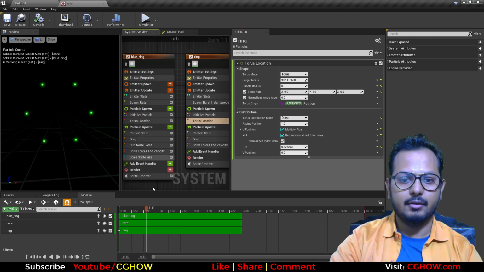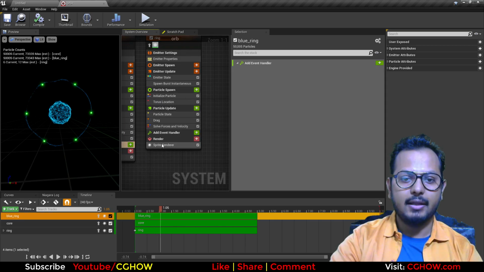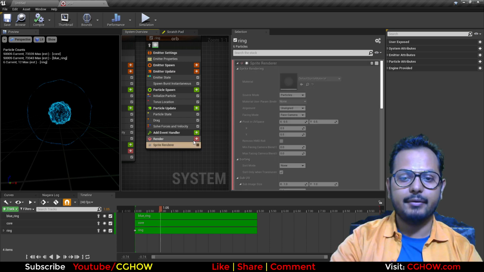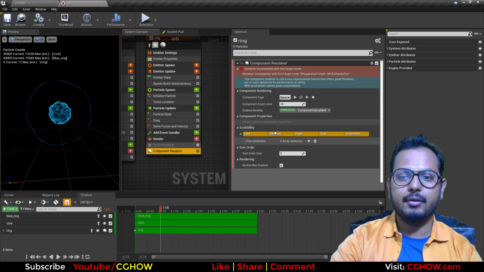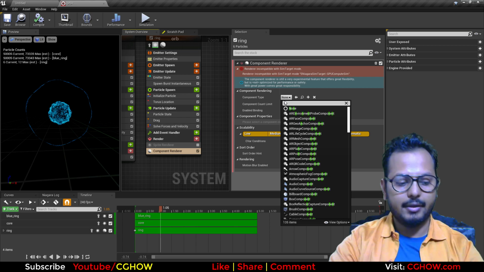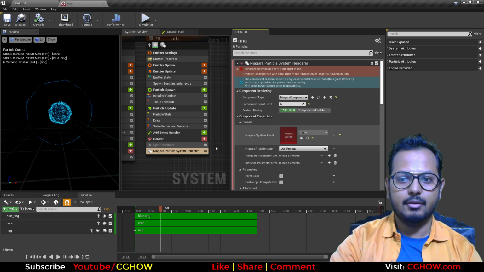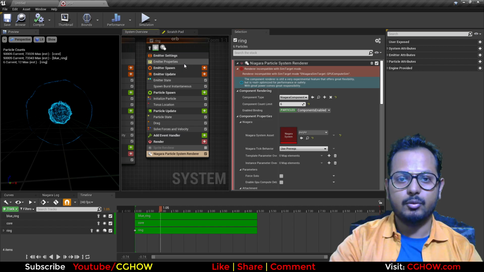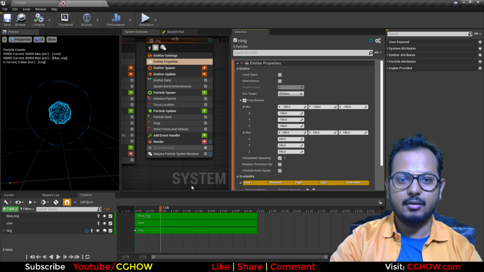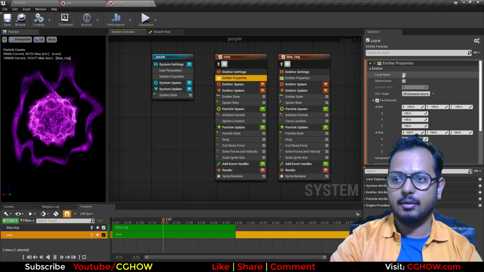Okay, so if I turn this off, I have these green dots, and now here I can turn off my sprite renderer and use the component renderer, and here just use 6 and type here Niagara, and then this purple one, call this here. And it is saying incompatible sim mode, so you need to reset this. It's not showing anything. I'll just make this purple one local,